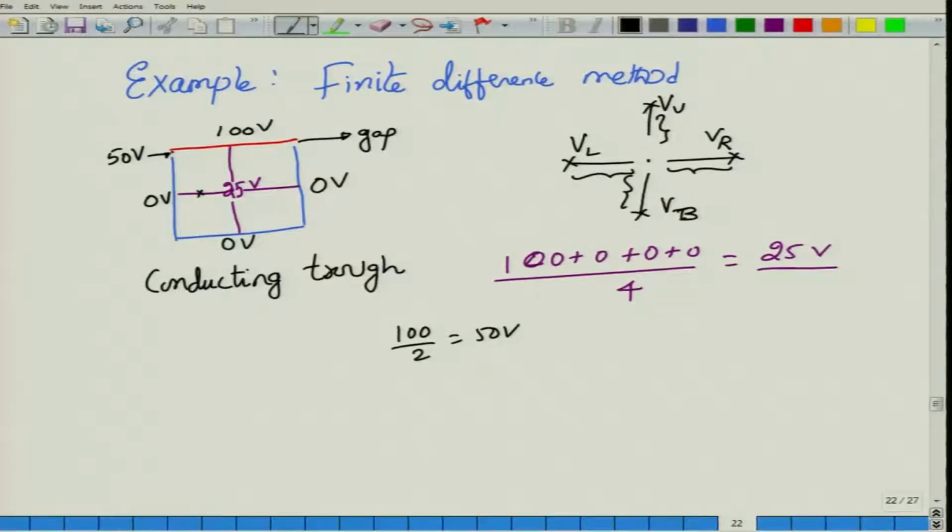In fact, you would see that a lot of the potential has to go all the way from 100 volt on the red line to 0 volt on the blue line. Therefore there will be many such potentials that need to be calculated, but for now you can assume that the gap potential that we estimated is 50 volt. Similarly, we remove this gap over here and then say this is also 50 volt. So now we have slightly more information about the potentials. So we might want to calculate the potential at other points.